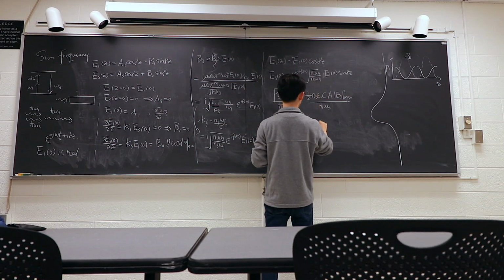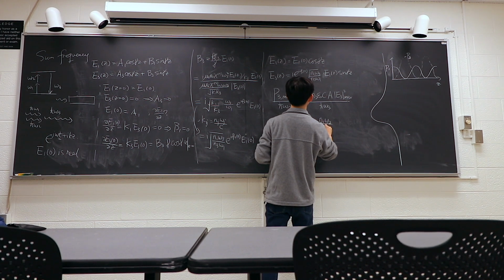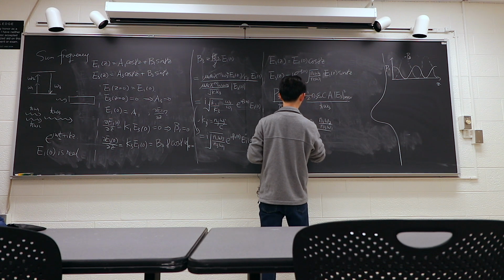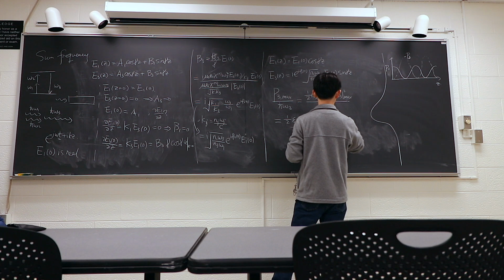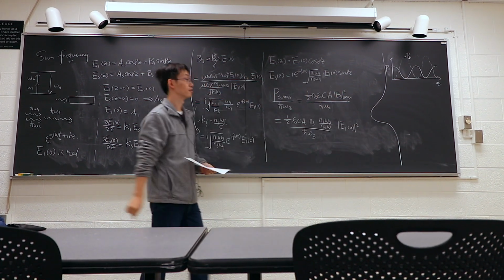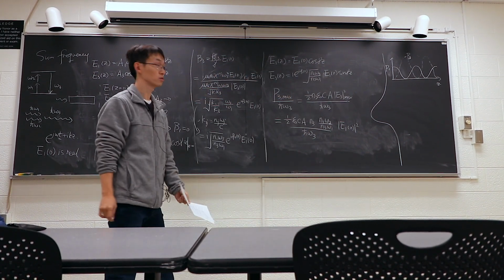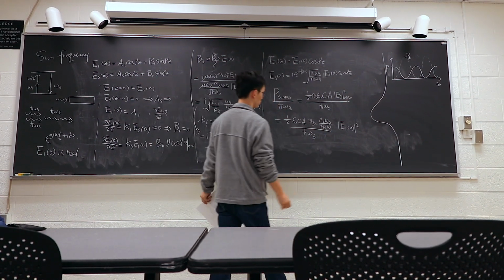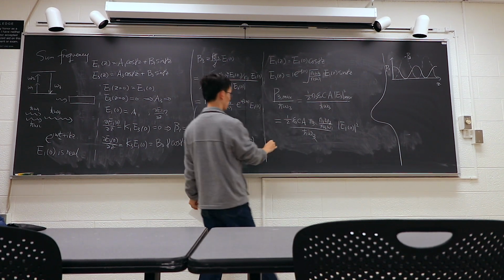You plug this in, you have n1 omega 3 and n3 omega 1 divided by h bar omega 3 times E1 squared. You simply plug this into this power expression. And then you see this n3 cancels out. This omega 3 also cancels out. And you're left with